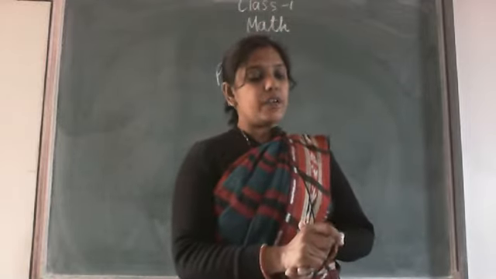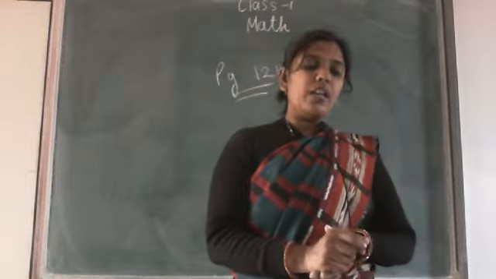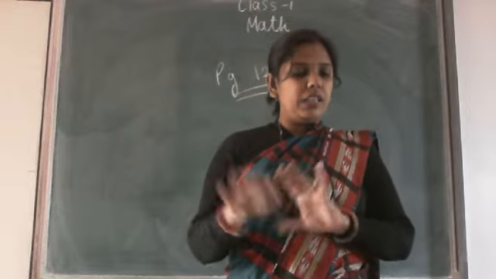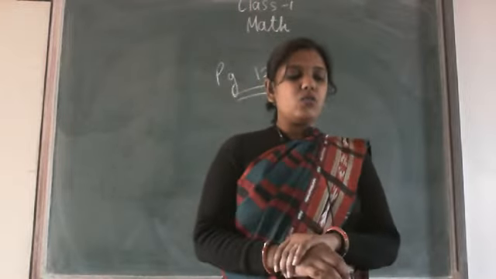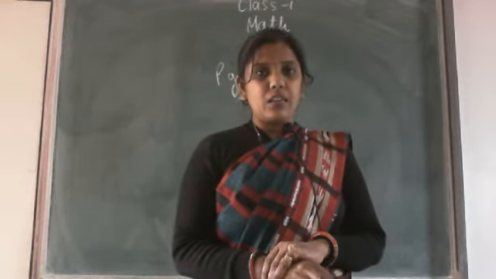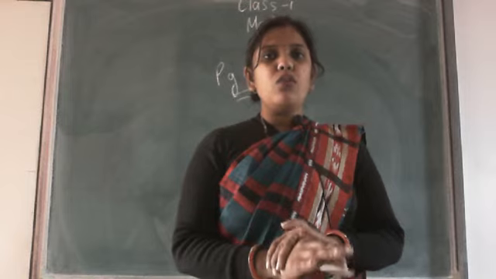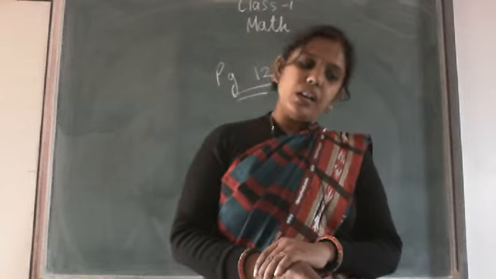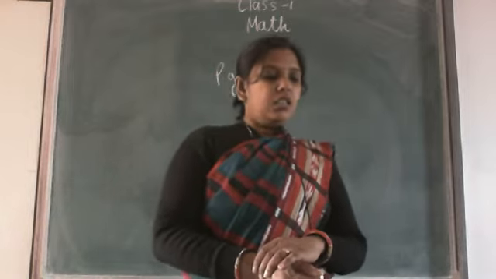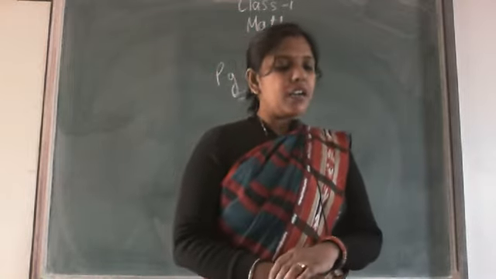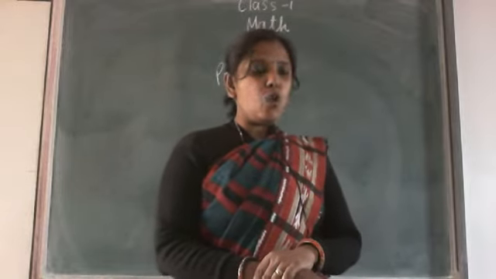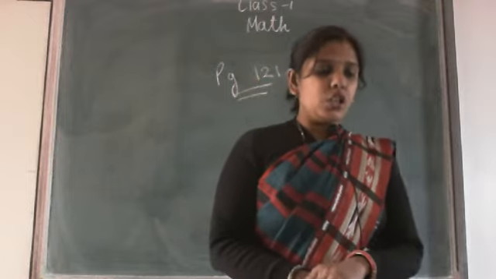Now see the second question. Complete the following pattern. Now again it is a number pattern. Identify the number pattern and fill in the blank. Now in the next question, question number 3, pattern sequence picture pattern is already drawn. Only what you have to do, you have to color it with the different colors and follow the pattern. So use 2 colors, 2 shapes are there. One is a shape of heart and other is a shape of square or rectangle, whatever you can see it, rhombus or a kite. It is a shape of kite.